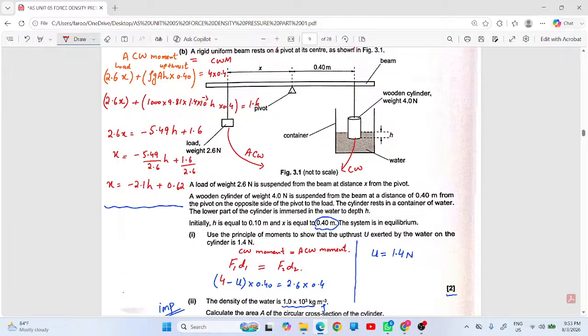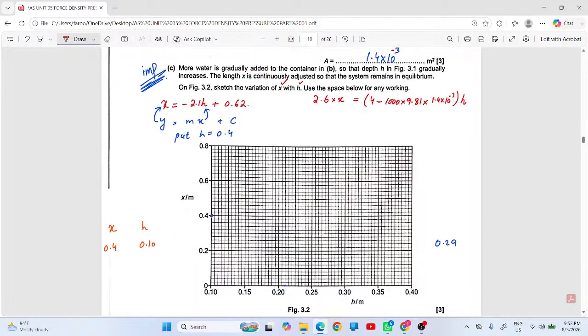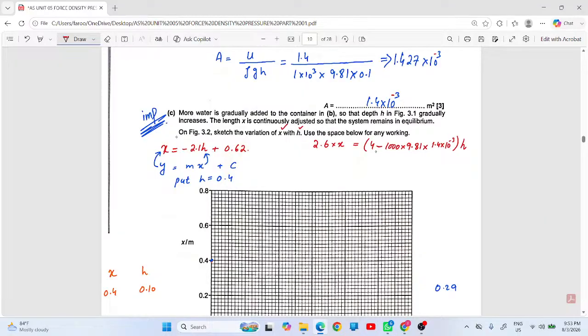Okay, 4 minus... मैं आपको बताता हूँ आपने क्या करना है। आपने जस्ट अभी इसको सॉल्व करें, जो मैंने ब्रैकेट में लिखा हुआ है, 4 minus 1000 multiply by 9.81 multiply by 1.4 × 10 power minus 3, so 2.6x। और यहाँ पे क्या है आपका आंसर, minus 9.734 with h।